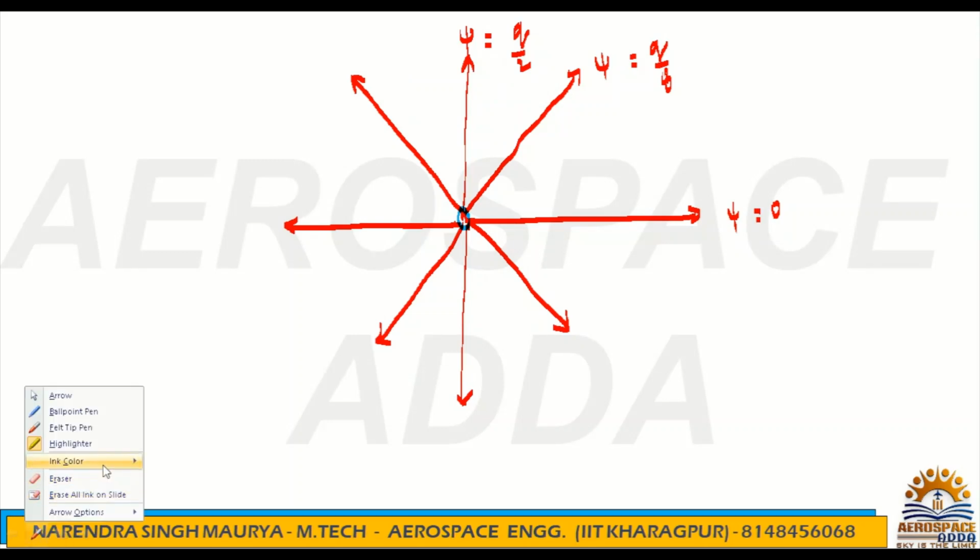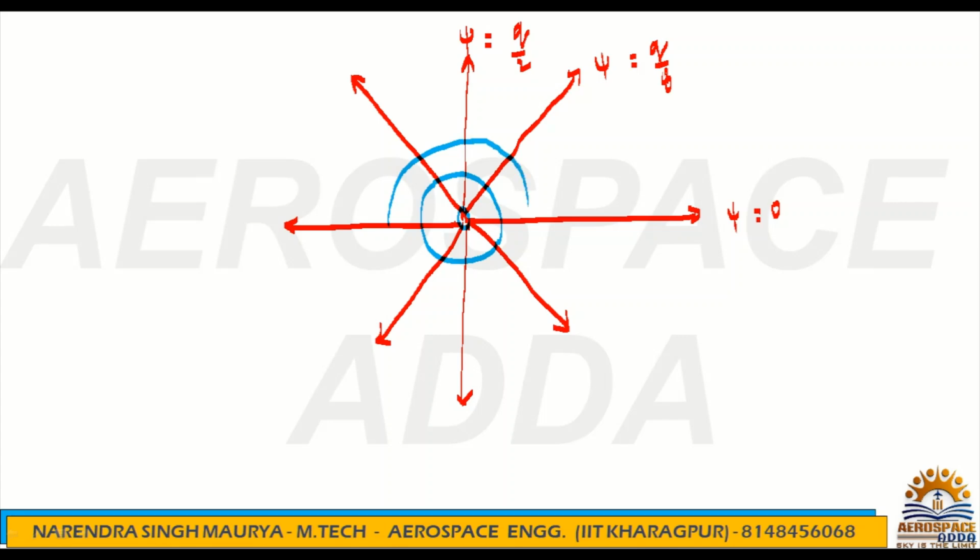Now if I want to show the potential function, equipotential line, it will be a circle, and for each and every point, the equipotential lines cut the streamlines orthogonally. Orthogonally means perpendicular. This is what equipotential line, right? This is what equipotential. So here equipotential lines are circles, but streamlines are straight radial lines,